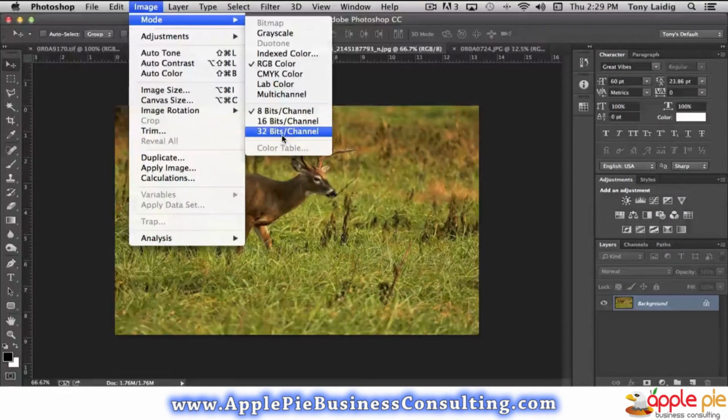There aren't many occasions where you're going to want to or need to pay attention to the bits per channel. So we're really not going to look at those or go into any detail with those. Same with lab color and multi-channel. 99% of the time you'll never use those. So the ones we're going to focus on primarily are CMYK, RGB, and grayscale, and then I'll also show you